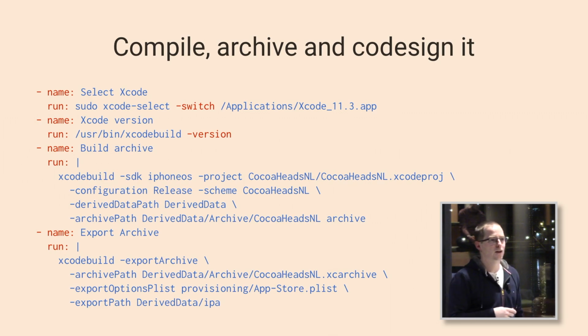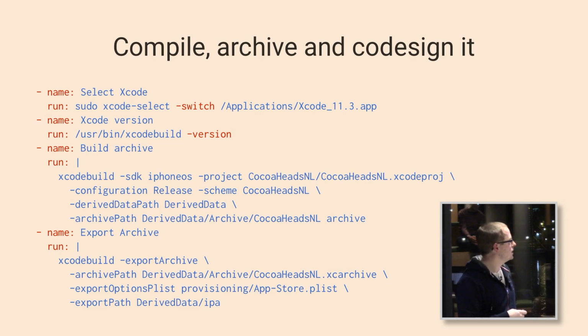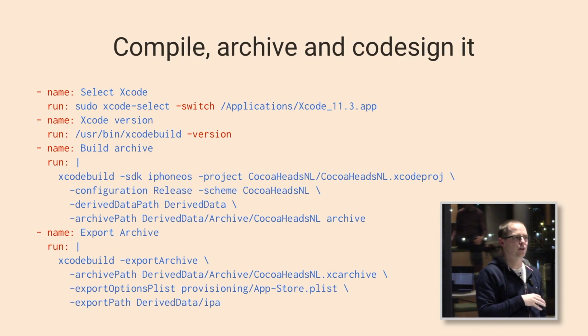Then I export the archive, and that's the same thing that you can do within Xcode. It's selecting the archive and then right-clicking, and then you say that you want to export it, and then you have to provide a few options. You have to select which provisioning profiles, you have to select some other things, and you provide that within the export options plist. And of course, I will provide a path where it needs to be dumped, because I want to be able to find this exported IPA file later.